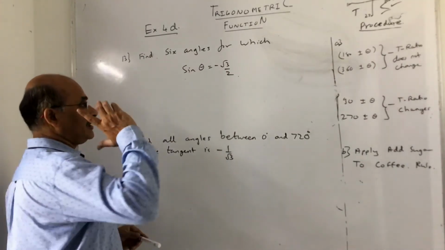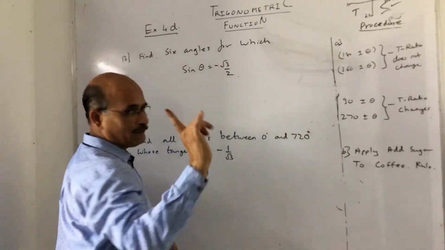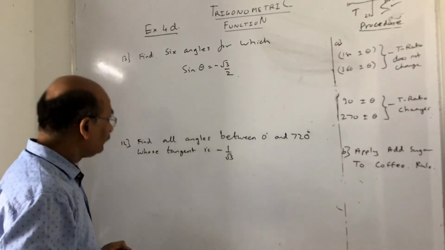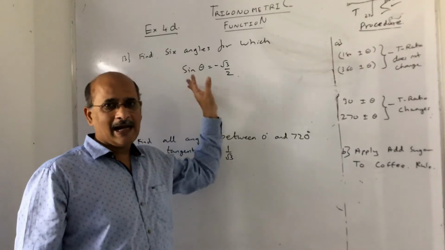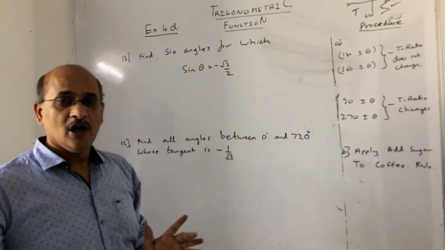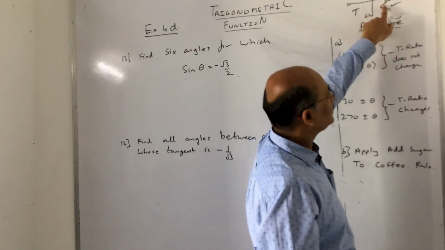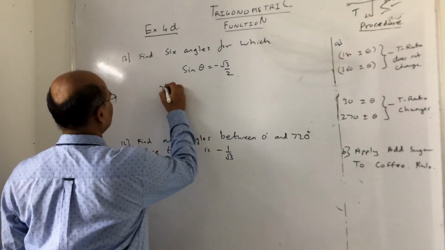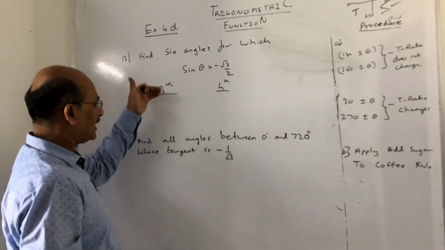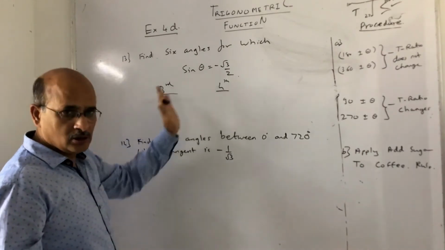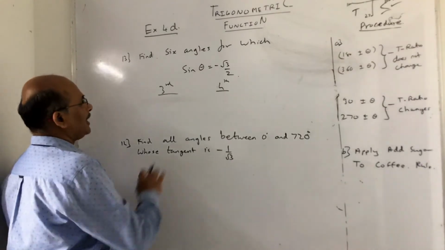Listen to the explanation, because I'm not writing it out on the board, I'm directly mentioning the angles here. But the first thing I will tell you is, sine theta is given negative. So first you understand this. I repeat, sine theta is given negative. Now tell me, sine is negative in which quadrant? In the third quadrant and fourth quadrant. So third or fourth, these are the only two possibilities. The angle has to lie in the third, that means more than 180, or the fourth, less than 360 and more than 270, whatever it is. Now hold your breath.